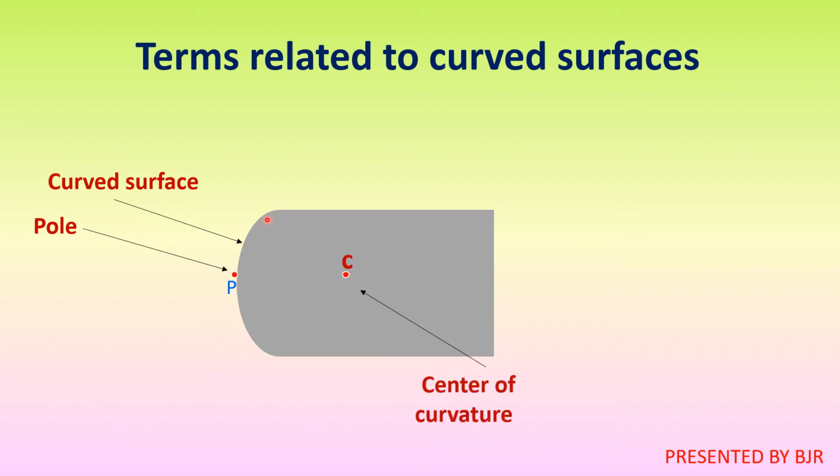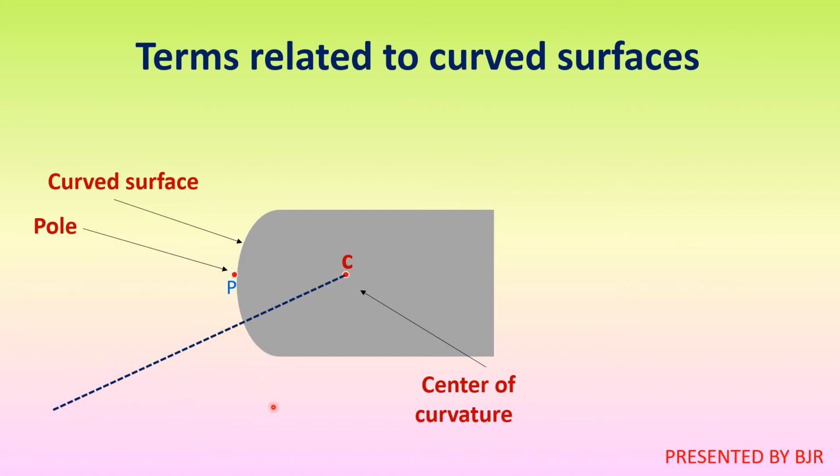That means if you complete this curved surface like this, then this point will become its center. Okay, so C is called the center of this curved surface. Remember this. Next, this one is the normal. This is very important. Any line segment passing through the radius is called the normal. So this is the normal only.